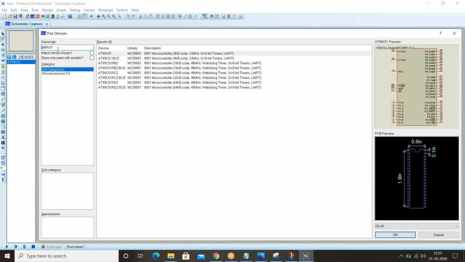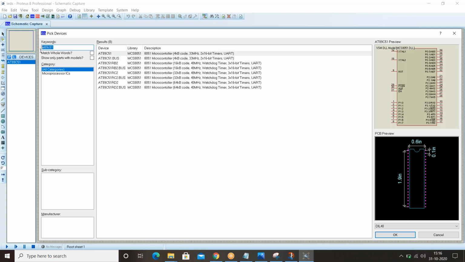Or you can click on the OK button at the bottom right side. Here you got your microcontroller 8089C51 in the left side box.